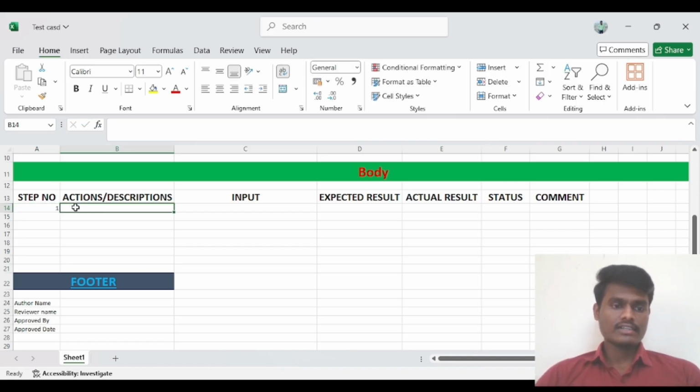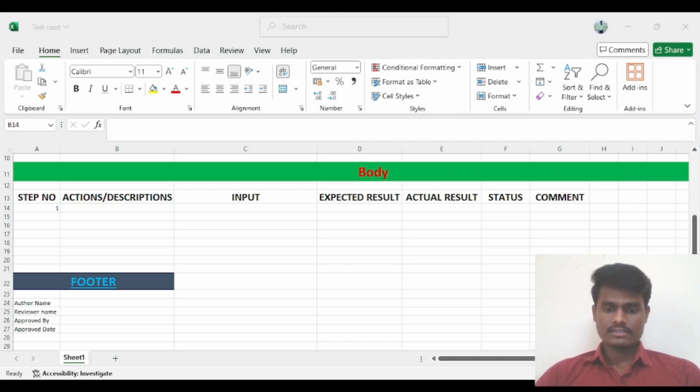And here we are testing the login page. So I will show you guys one real-time example. Just wait.